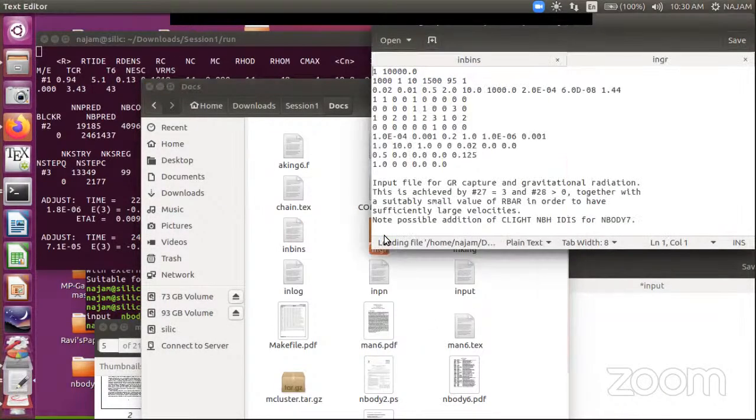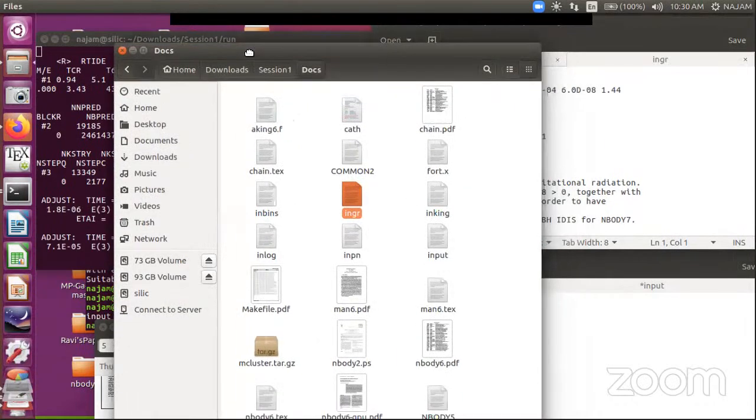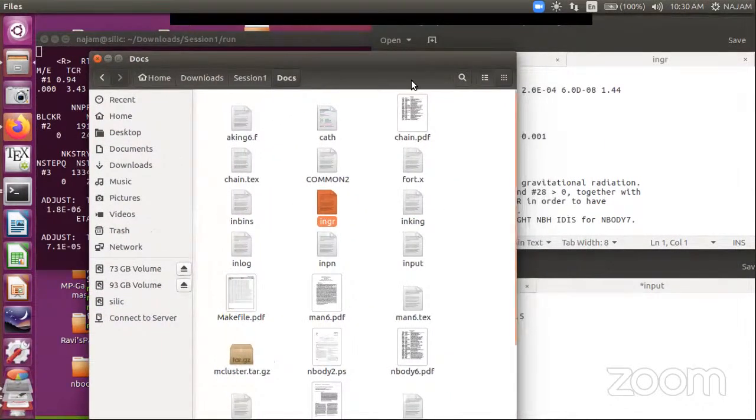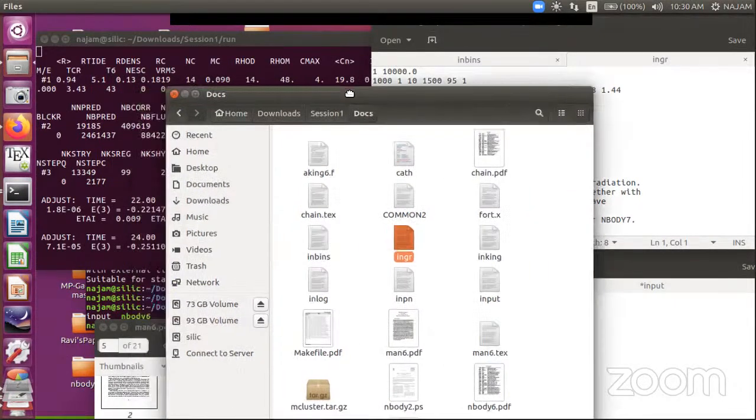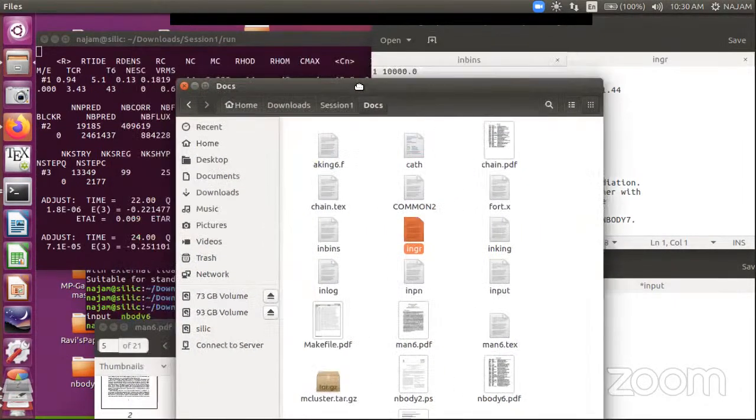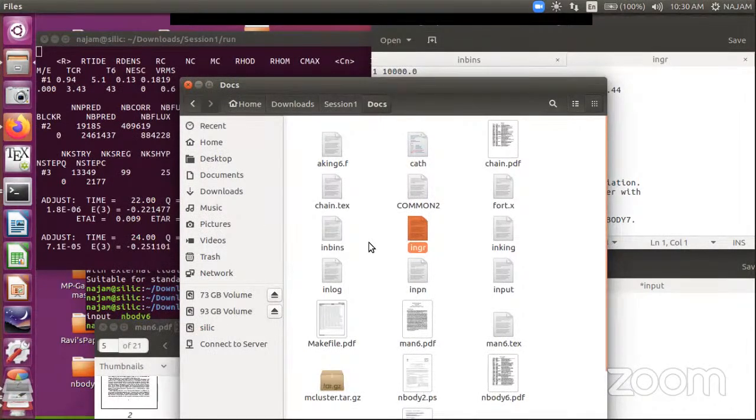This is an input file for GR captured gravitational radiation, right? So this NBODY6 has evolved tremendously. It's a very good program to simulate star clusters. And we have been toying with this for a long time, so if you are interested, we can help you with running this. Okay, so with this, I will stop